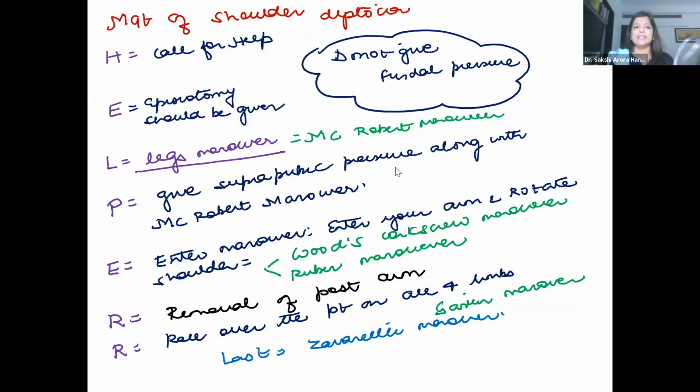So let us quickly see how you manage shoulder dystocia. I want all of you to write this sequence because this sequence is very important. The sequence in which shoulder dystocia has to be managed is HELPER. You can remember it by the acronym HELPER, where H stands for,